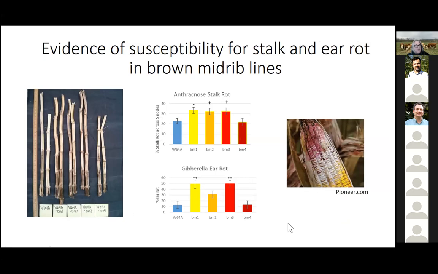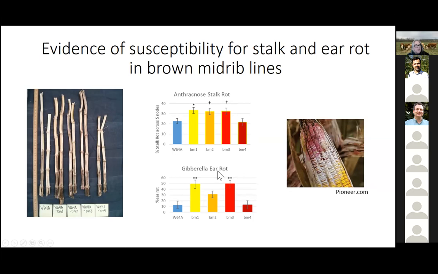Evidence of susceptibility for stalk and ear rot are not quite as clear cut. The anthracnose stalk rot looks like there's susceptibility at the 0.05 and 0.10% level. And honestly, I feel really good about that because it's a very challenging pathogen to score in the field. You have to take a machete and cut through, and I think given another year or two, this probably would have been more susceptible. But the trend is that these are more susceptible to ear rot, this stalk rot as well.